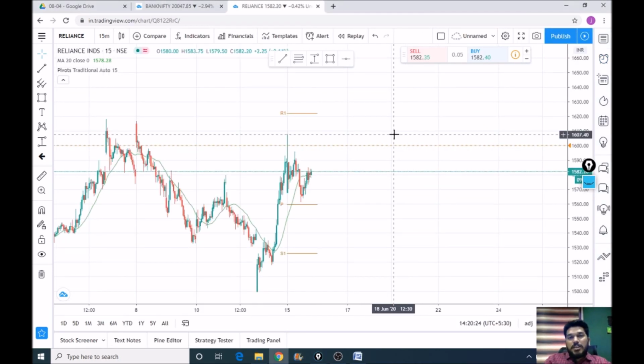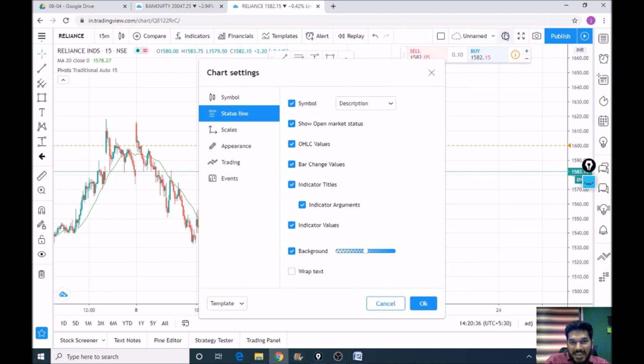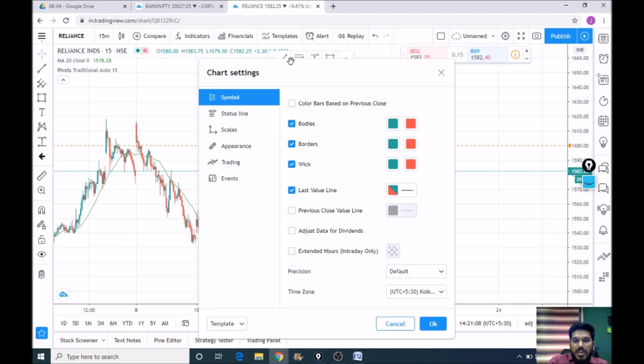Now we will discuss a few other setting features of TradingView which are not so important. However, if you want to make some changes to your chart, you can simply go to the settings bar over here, okay, and then you will see various options such as the color of the candlestick patterns and various other stuff, the color of the body, the color of the border. However, I suggest go with the default settings. There are no changes required, and this is not very significant, so do not waste your time on making your chart a decoration, okay? So avoid that.